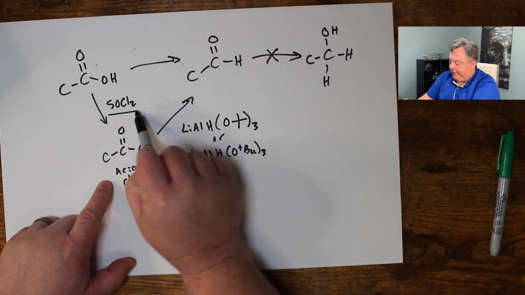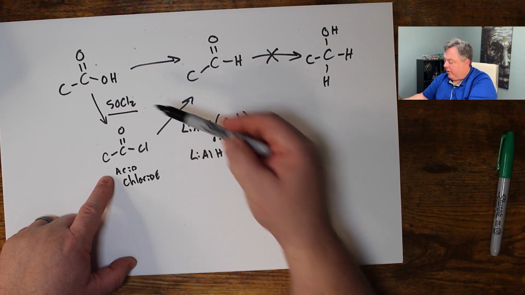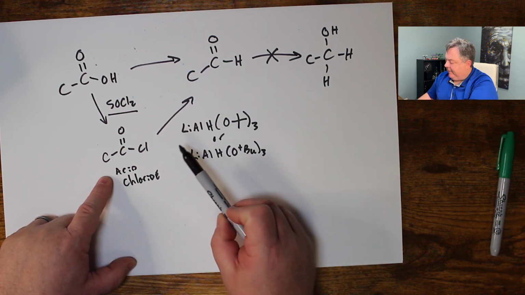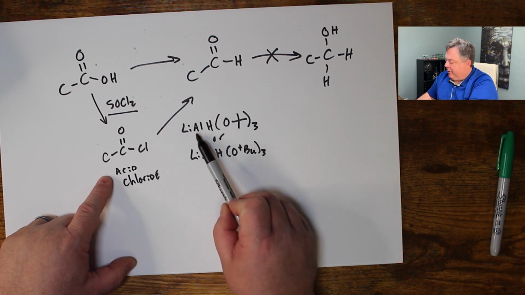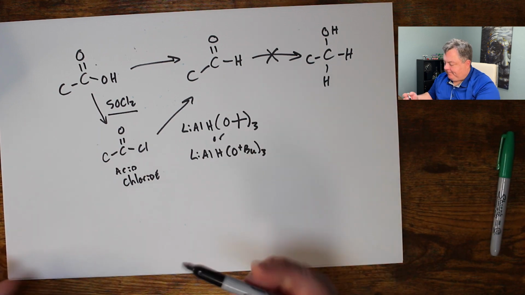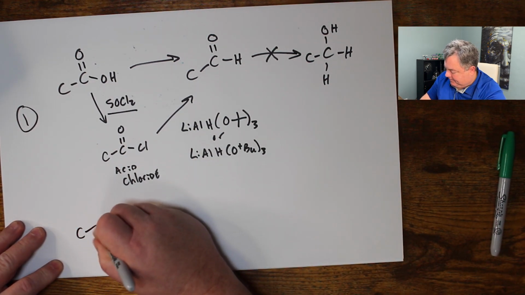So 2 reagents. First, turn it into a good leaving group with the chloride, with thionyl chloride. Then this sort of LAH, but not quite as reactive, this lithium aluminum tris(t-butoxy)hydride, will stop at the aldehyde. That's one way. The other way